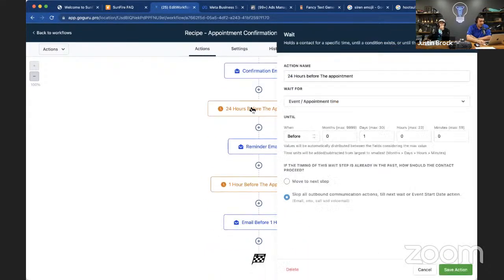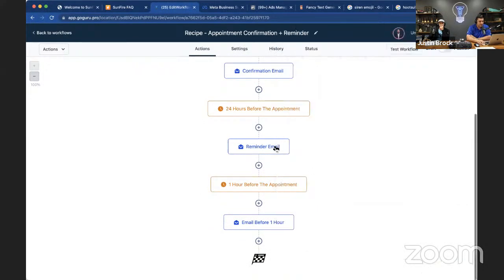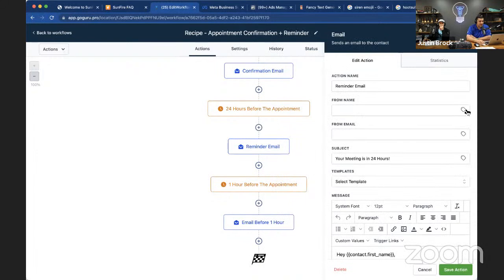Save. All right, 24 hours before the appointment. Now it's going to wait till 1 day before the appointment. It's going to send a reminder email. Again, we can customize that. Say from full name, from